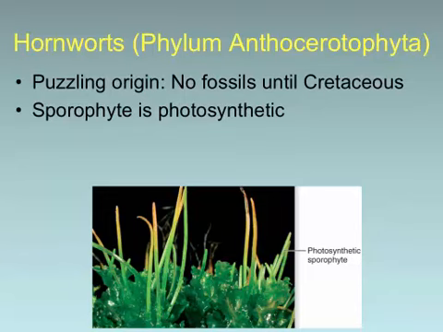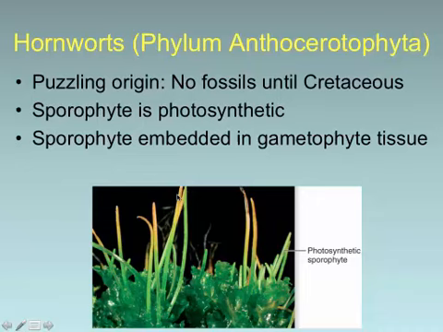This is the group, like I showed you back in that first picture, that has the photosynthetic sporophyte. So down here, this kind of almost looks like jello in this picture. This dark green stuff down here, this is gametophyte tissue. This is producing gametes, male and female. And then these stalks, or if you want to call them horns, are growing out of that. These are the sporophytes, which are diploid and then available to eventually go through meiosis to produce more spores.